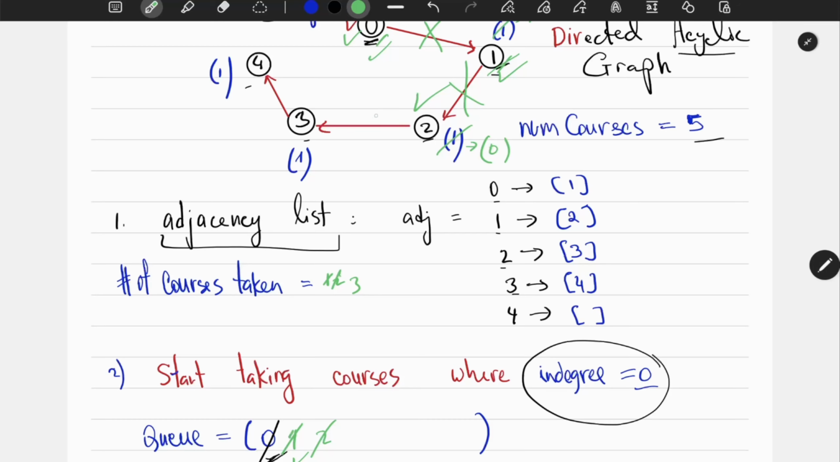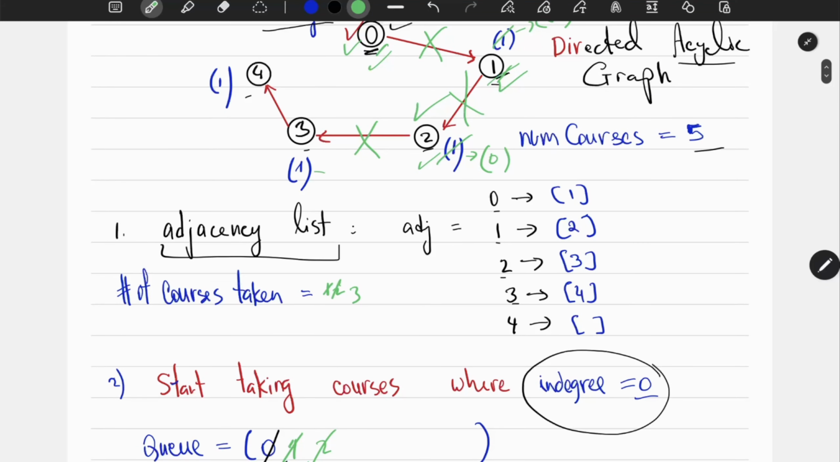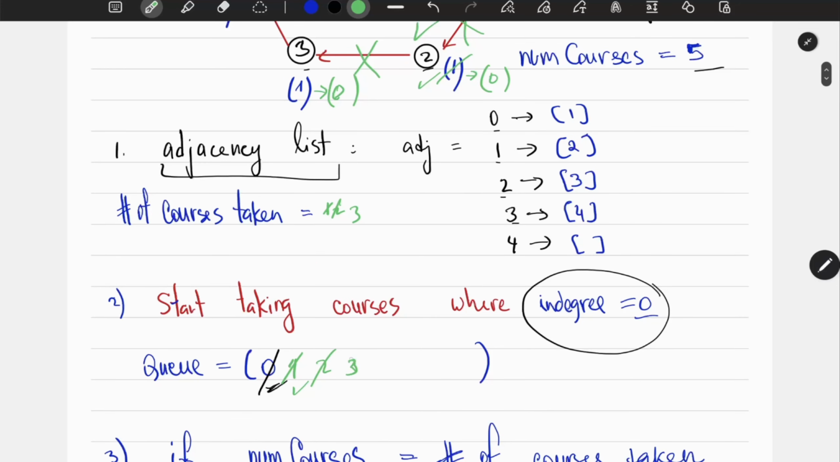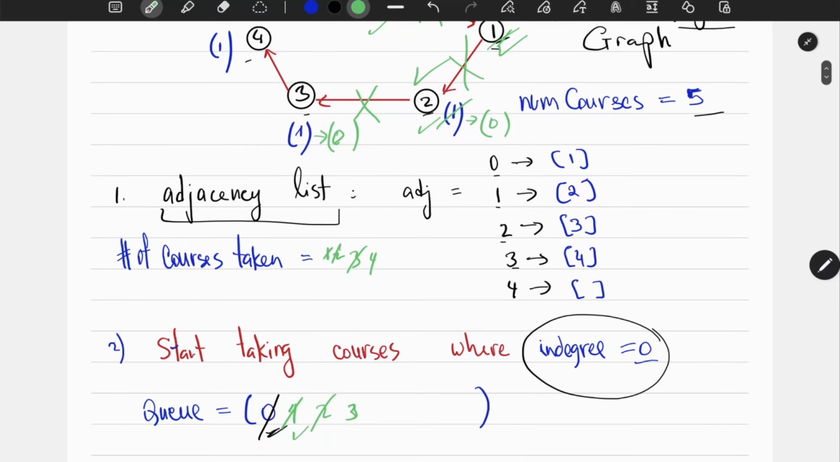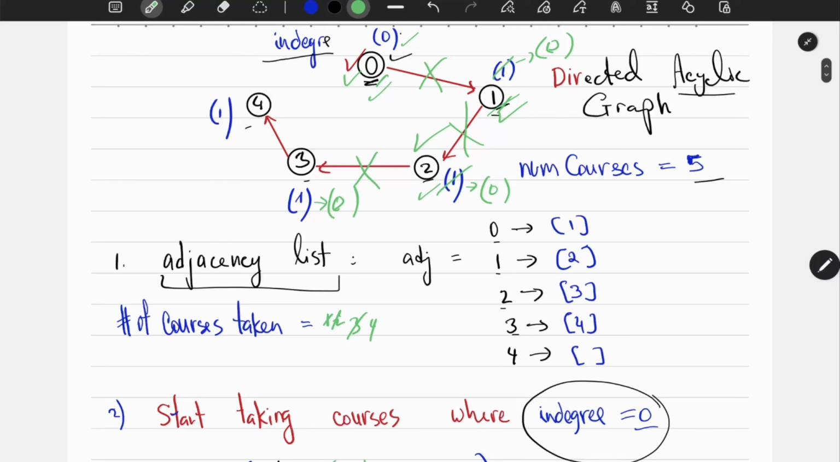After we are done with course 2, we break this connection to 3, because this edge means the 3 has some prerequisite. After we are done with 2, we decrement this one to 0 because it does not have any in degree. Then we add this 3 to the queue here, and we increment this one to 4. Then we take this from the queue, because we take that class,